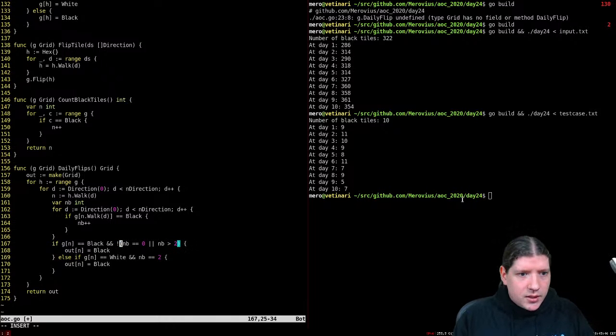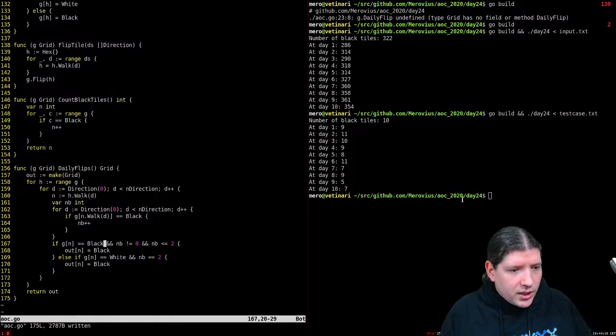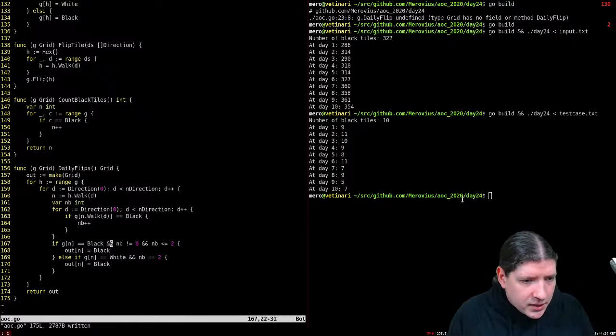So to flip this conditional around, we can first add a not in front of both of them and change this into an and, and then we will do this and do this. So yeah, and now we got rid of a couple of parentheses for precedence. So if it's a black tile,